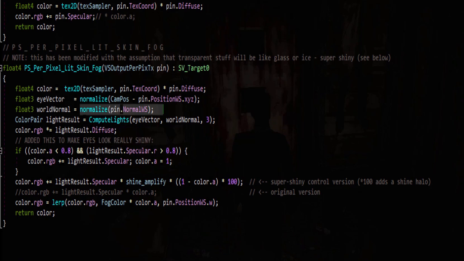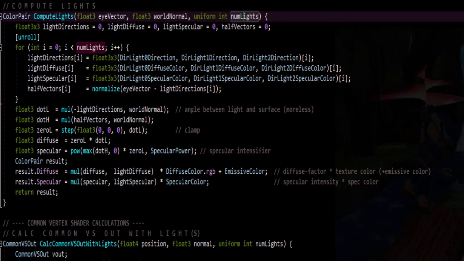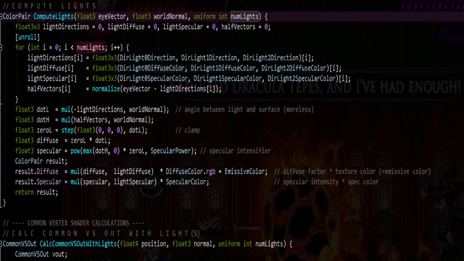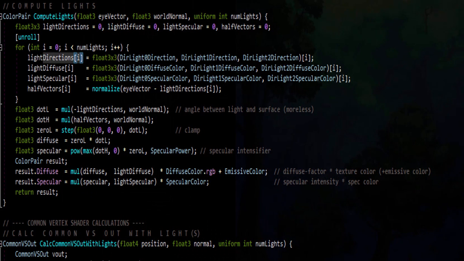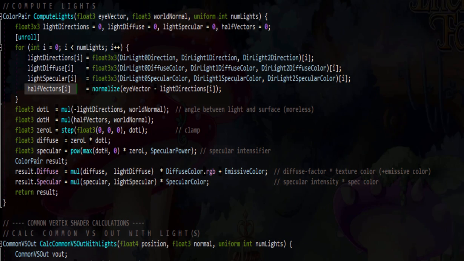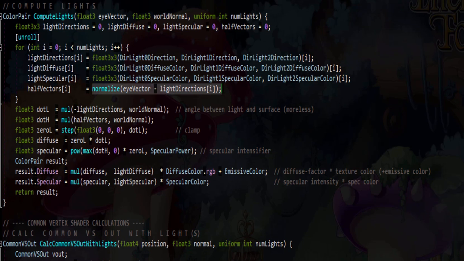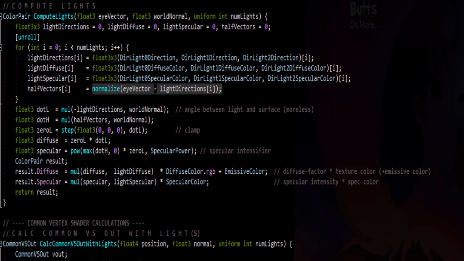So we go to compute lights, passing those in, and saying that we're going to use all 3 lights in this case. And in compute lights, taking those 2 directional vectors, for each light, first of all, we're just storing the light information in these 3x3 here, which is what it's doing here. And also storing the half vector, which we use as sort of a cheat version of Phong shading. And we just get the direction of that. It's the difference between the light direction and the direction pointing toward the camera from the surface. So we store that half vector for this light.